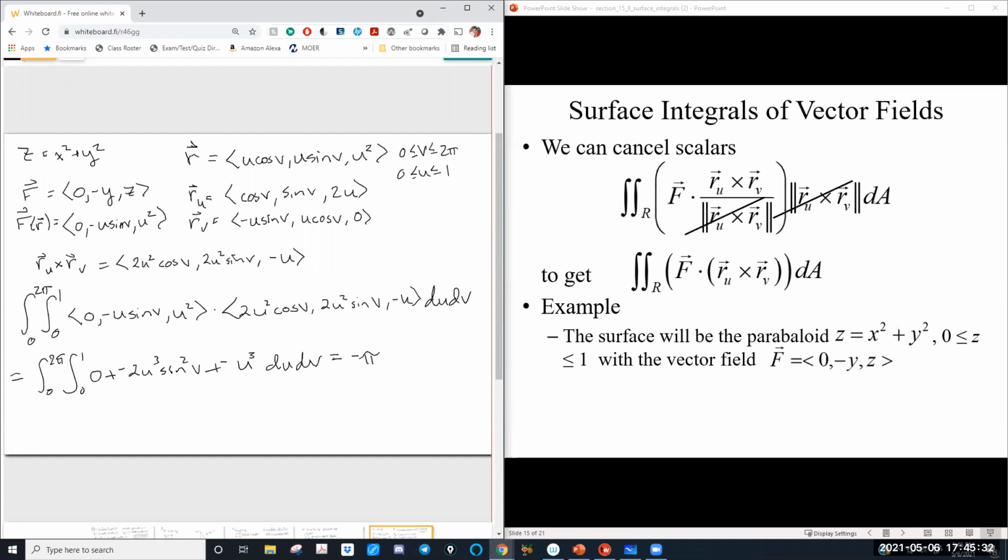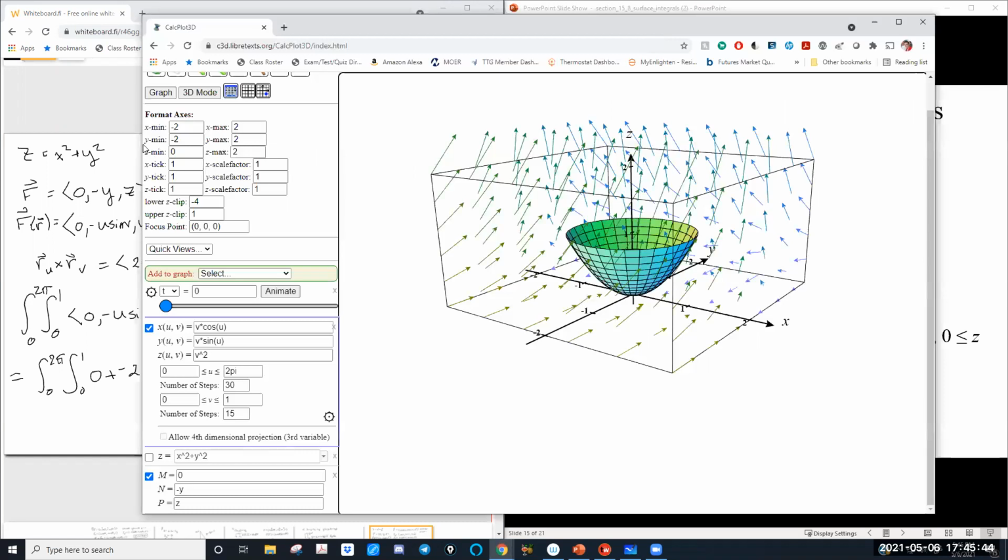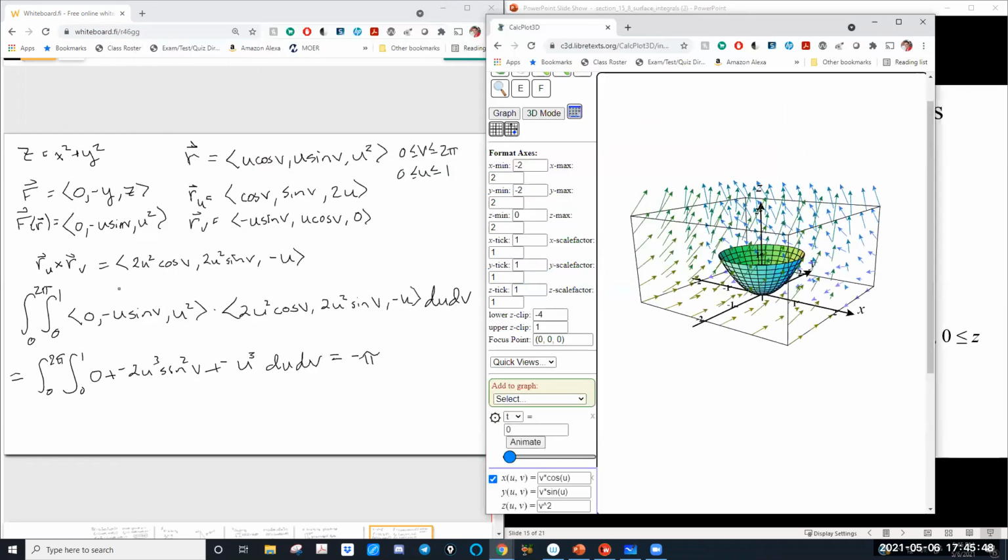Now, one thing I'm going to mention now, and I'll mention it again later. In the previous problems, before we were dealing with vector fields, we were always finding the magnitude of the cross product. So this was a non-issue. Now, because we're looking at a normal vector,